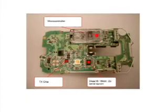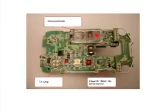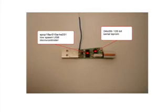Here's a Microsoft mouse. The microcontroller is going to be very close to the circuitry that takes care of the laser, that reads the laser. Then there's going to be, once again, a transmit chip and a serial EEPROM. And this is the dongle for this mouse. And we see a receiver chip. And there's a USB controller and the serial EEPROM that holds a 128-bit value maximum, which means